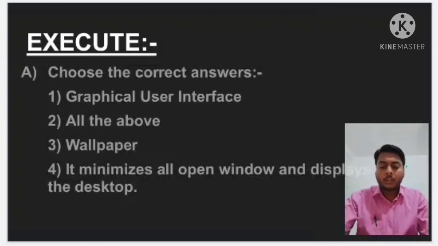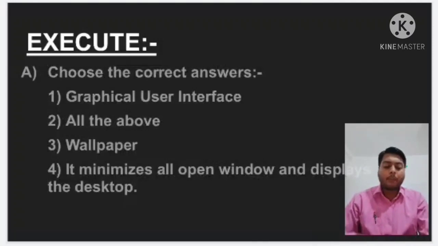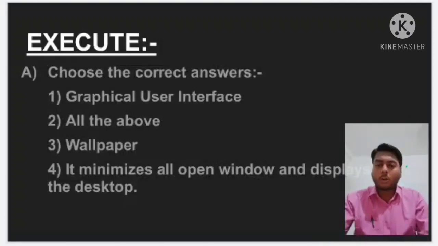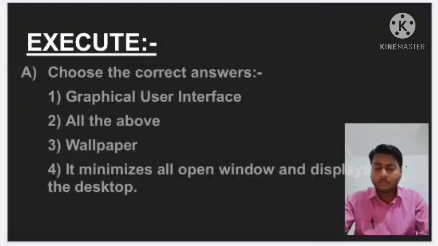Got it? Now question number 4, what is the function of the peek button on the taskbar? You all know about that. What is the use of the peek button? Option A, it lets you search any type of file or application. No, for search you can use the search box, not the peek button. Option B, it minimizes all the open windows and displays the desktop.